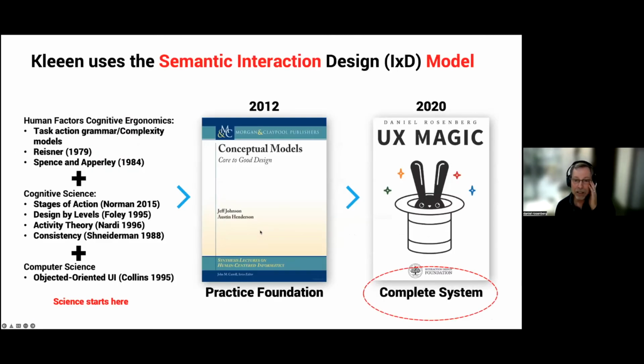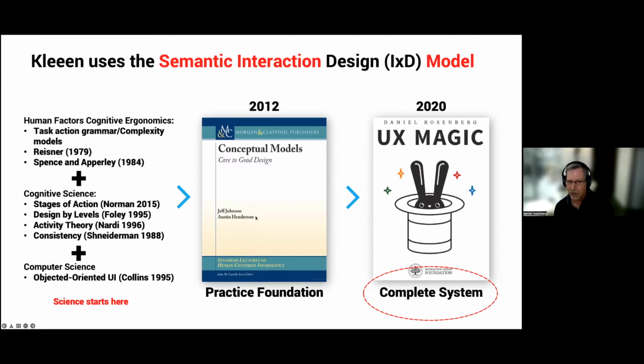Okay, so where does the logic that the AI uses come from? And in terms of figuring out the transition from requirements to semantics to flows and screens, it actually comes from a history of work on semantic interaction design that dates all the way back to Phyllis Reasoner in 1979 at IBM Watson Labs, and embodies a whole bunch of work by some really, really smart people. The beginning of it was captured in a book by Jeff Johnson and Austin Henderson in 2012 called Conceptual Models, and that's the first layer of 4.